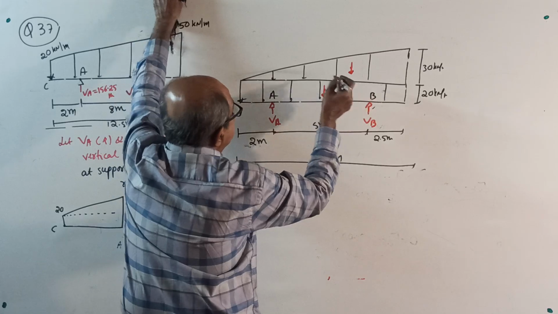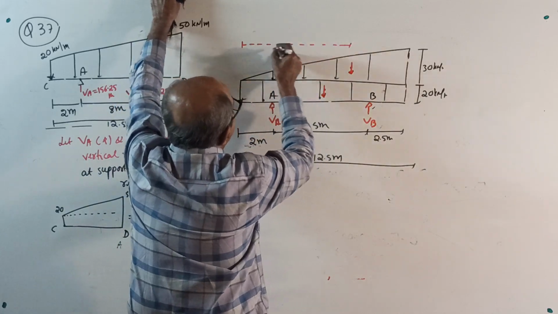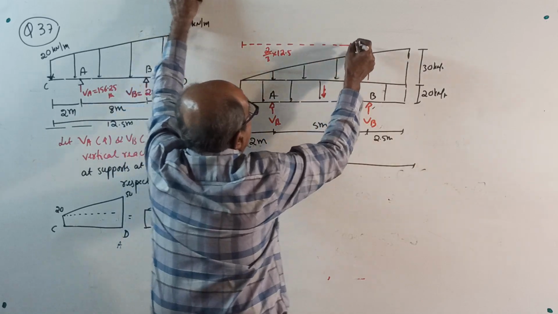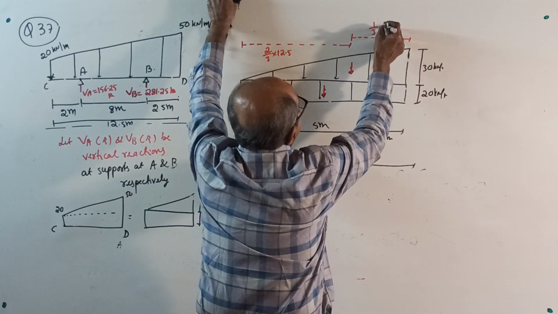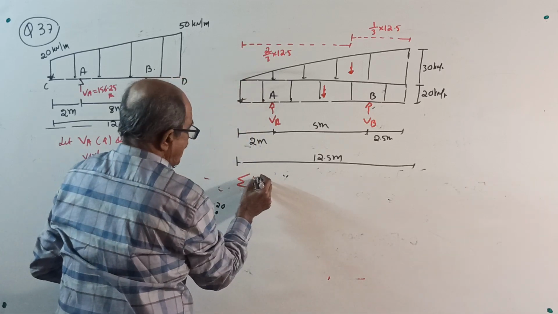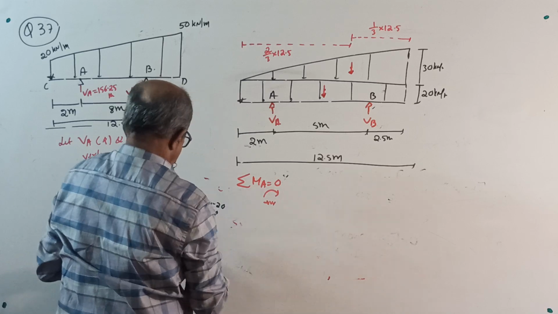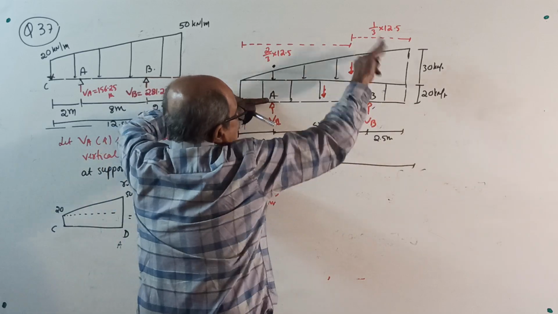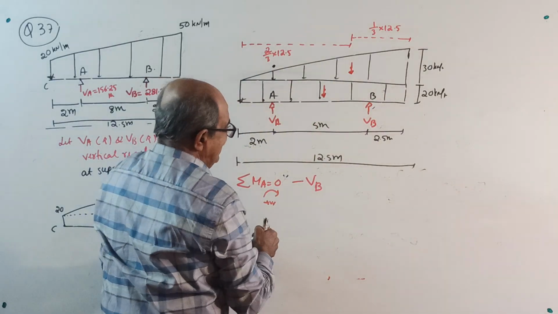And if you want, write anything. Say a line right here. This will be how much? 2 by 3 of 12.5, and this distance will be 1 by 3 of 12.5. Okay, then sigma M about A equal to 0. Take clockwise positive. Then see here, moment about A: minus VB into 50. Sorry, not 50, 5. Minus VB into 5